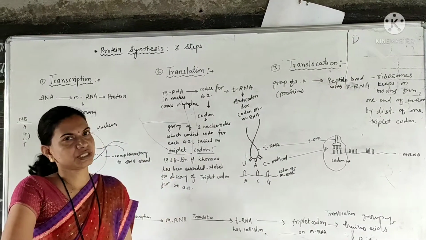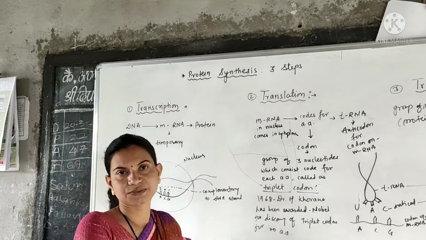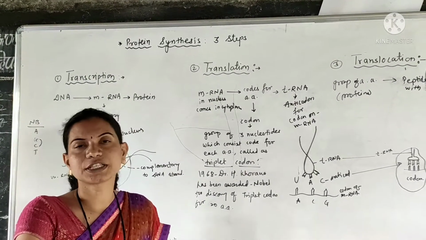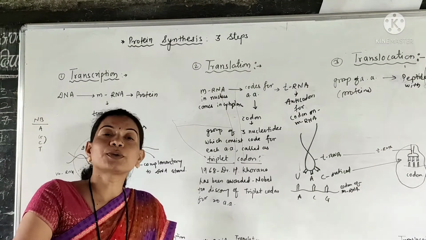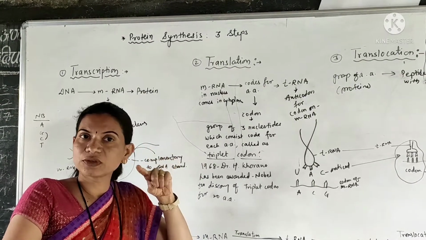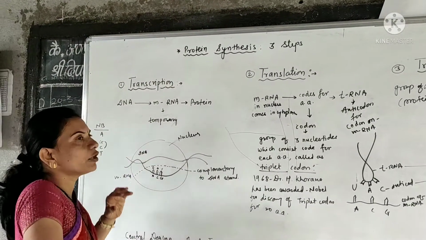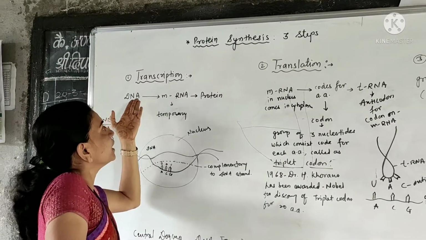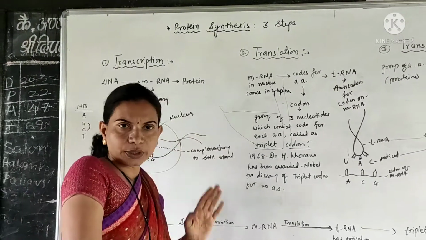How is this protein formation carried out? So we studied the first point, that is transcription. What is transcription? Before that, in the last lecture or in the last standard, you studied about genes, DNA, nucleus, cytoplasm of the cell. So this protein synthesis process is carried out in the nucleus of the cell. You know, the nucleus is present in every cell of a living organism. So inside this nucleus, what happens in this transcription process? Firstly, from the DNA, an mRNA strand is formed, which is a very temporary form for protein synthesis.